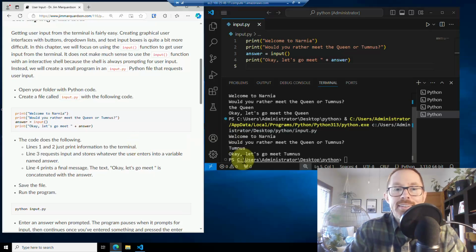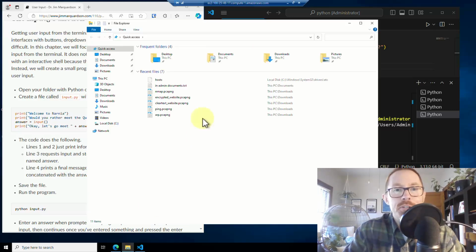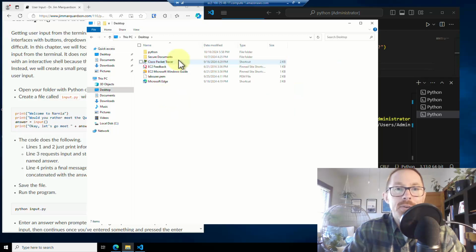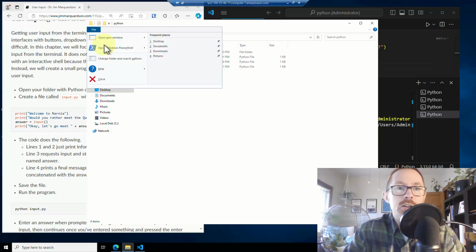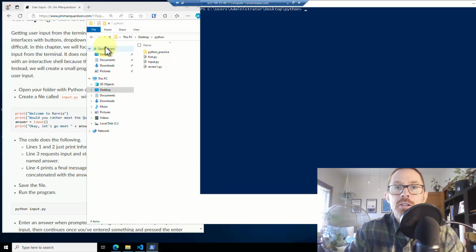We can run it from the command line in PowerShell. I'm mixing up my words. Thinking while clicking is a bad combination. I'm going to go to the desktop. I'm going to go into my Python folder. Here I've got this input.py program. If I want to open up PowerShell right to this working directory, I can just go File, Open Windows PowerShell,